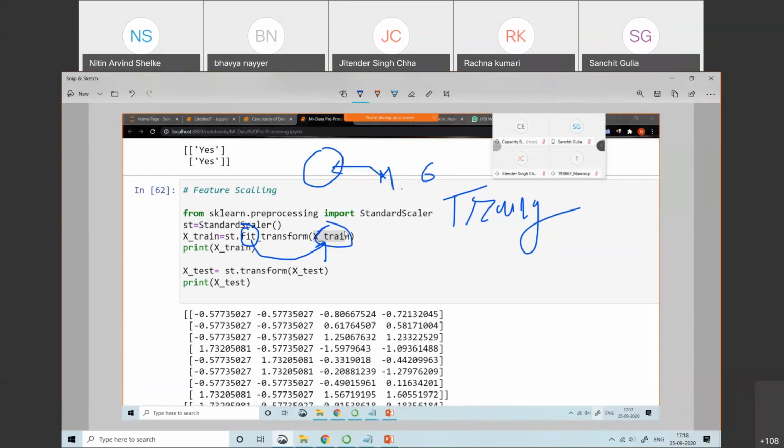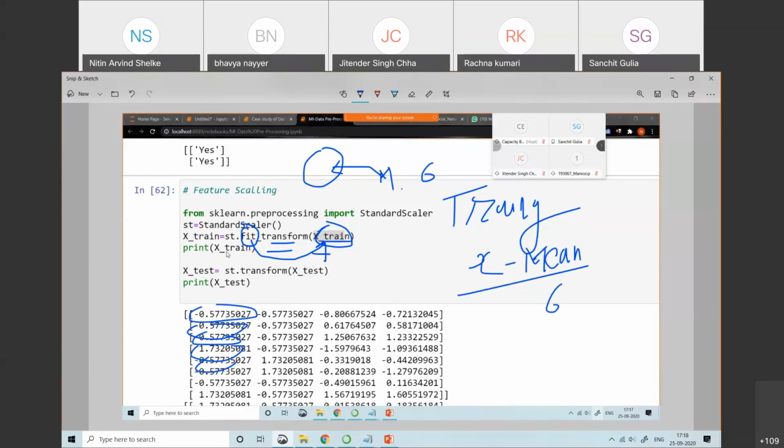So that value gets stored. Now after that we will apply the transform method. We use this mean value and sigma value to transform this. How do we transform this? You know the formula: x minus mean, divided by sigma. One by one we place the values and we get the new values, first, second, third, fourth, fifth, and so on. So this is for the training.